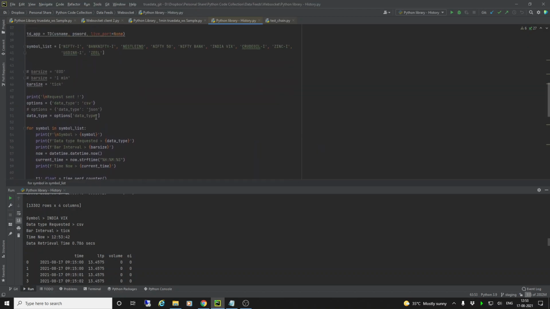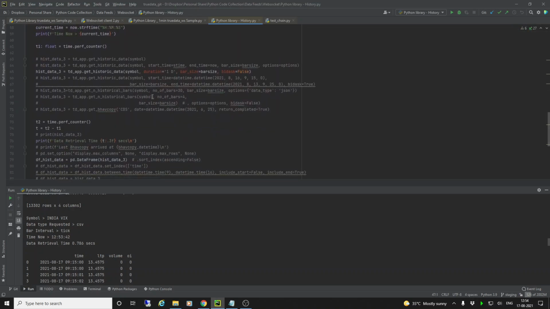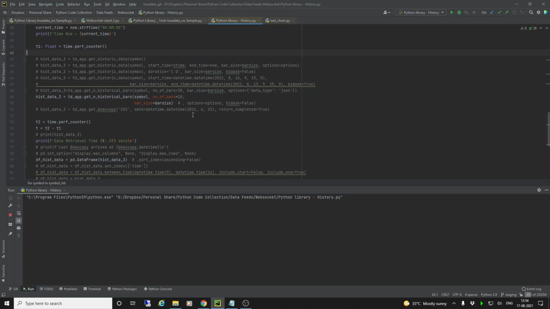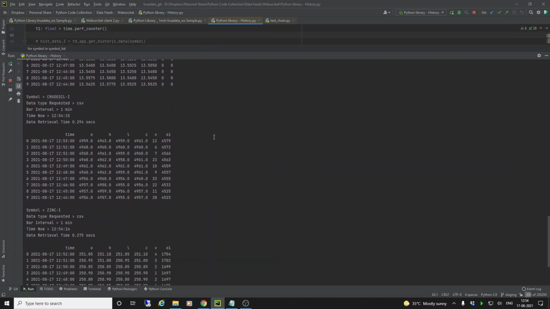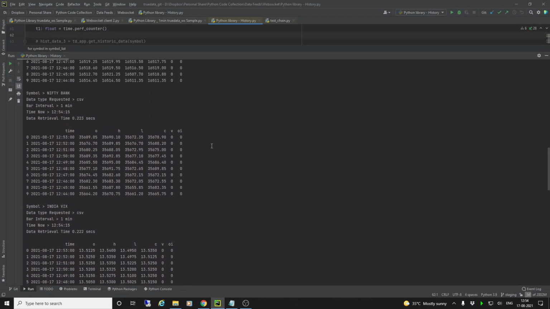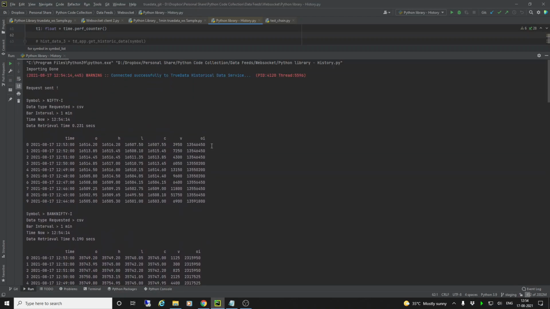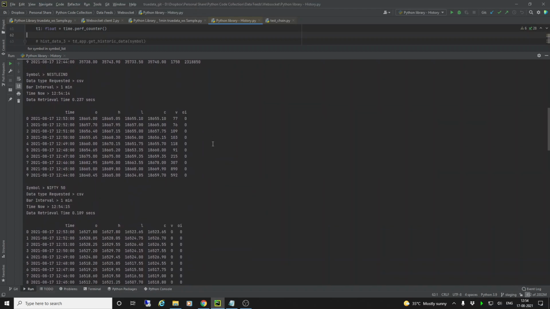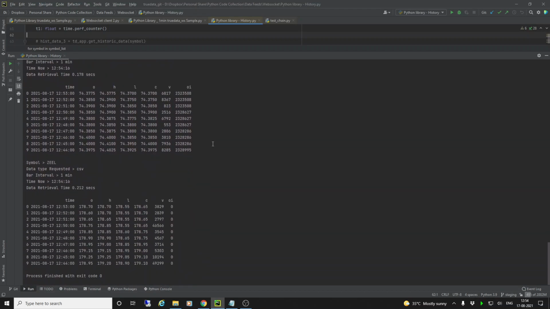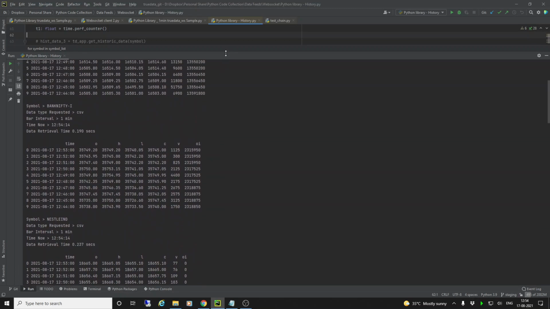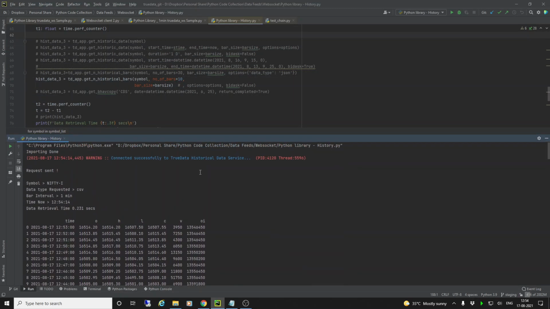Then you call the 1 minute bars or the EOD bars. Let's call the 1 minute bars again. And let us say this time, let us call the last few bars. We'll call the last 10 bars only. So as we do that, we will get the last 10 bars for all the symbols. You can see we got the last 10 bars in the OHLC format for all the symbols. So this last n bars works for 1 minute and EOD only.